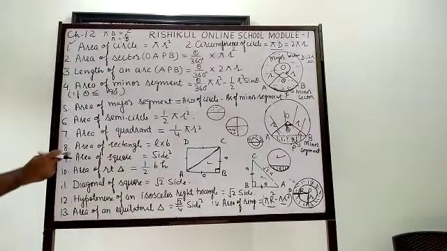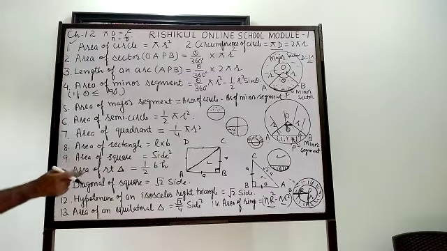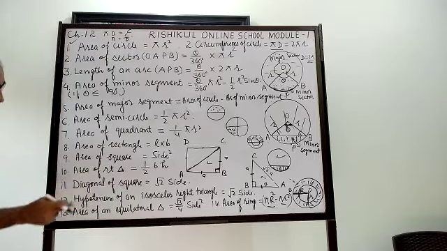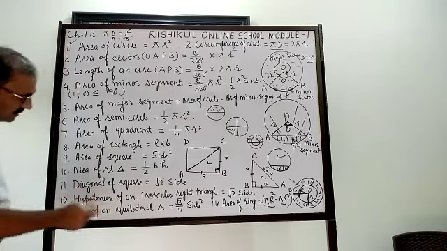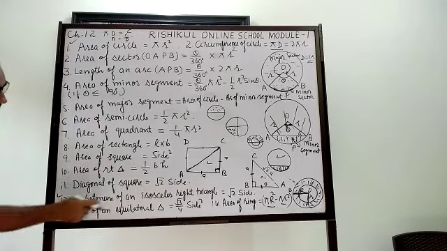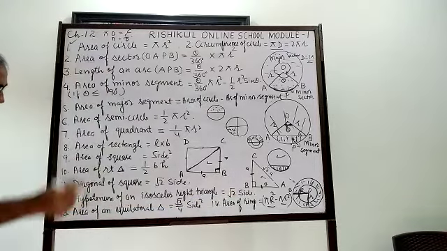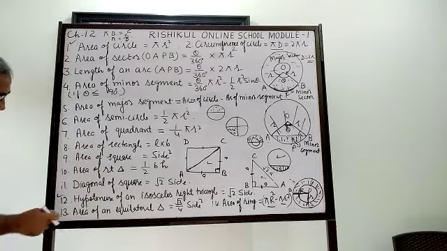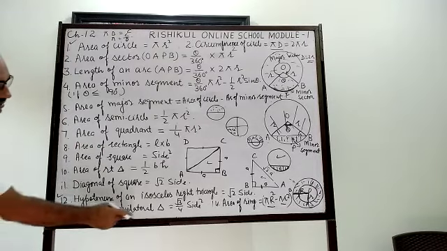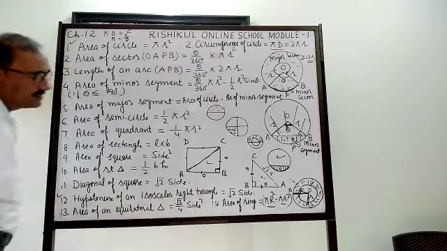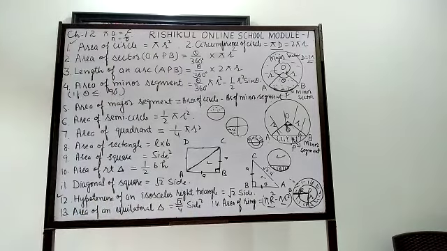This I have told. Remember these formulas: area of rectangle will be L into B, area of square side square, area of right triangle half the base into height, diagonal of square root 2 into side. And this very important formula: hypotenuse of an isosceles right triangle is equal to root 2 into side, otherwise you can use the Pythagoras theorem. And this is also a very important formula: area of an equilateral triangle root 3 upon 4 side square, or area of ring, you know very well, pi capital R square minus pi small r square. Thank you, students.